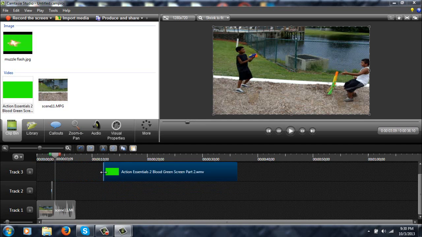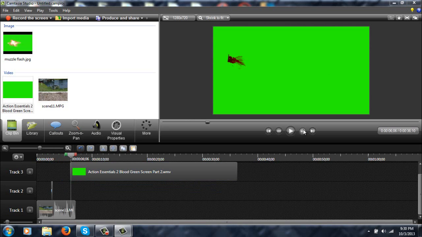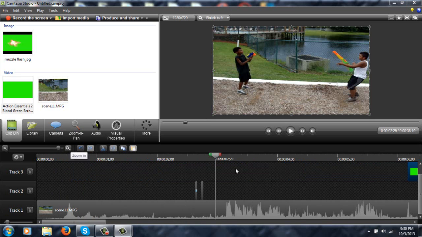You can find whichever one you want to use. I'm just gonna look for the one I usually use. So boom. Okay, there we go. That's the one I use. So I'm gonna go right there to right there to where it starts. I'm just gonna trim it like that. I'm gonna come back over here, zoom in, and go to the part where he gets hit, which is right about